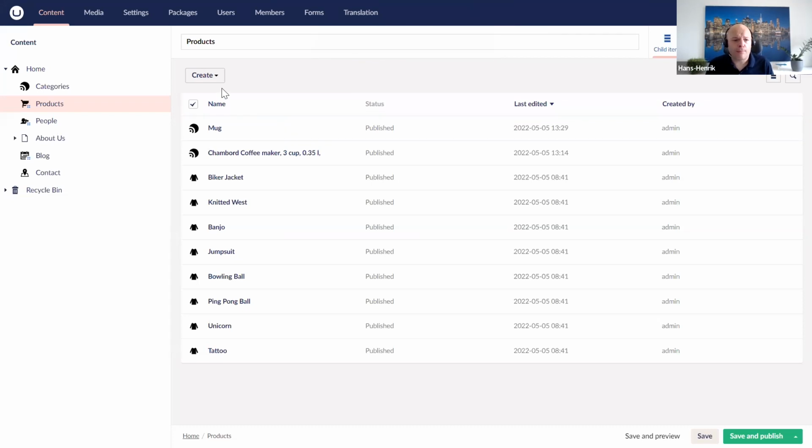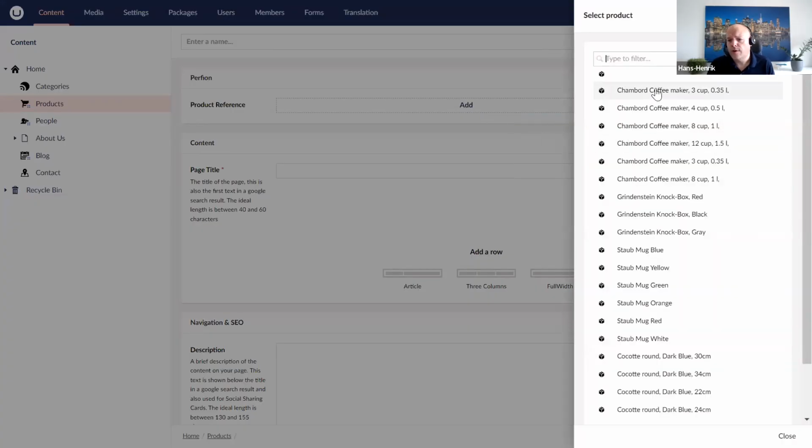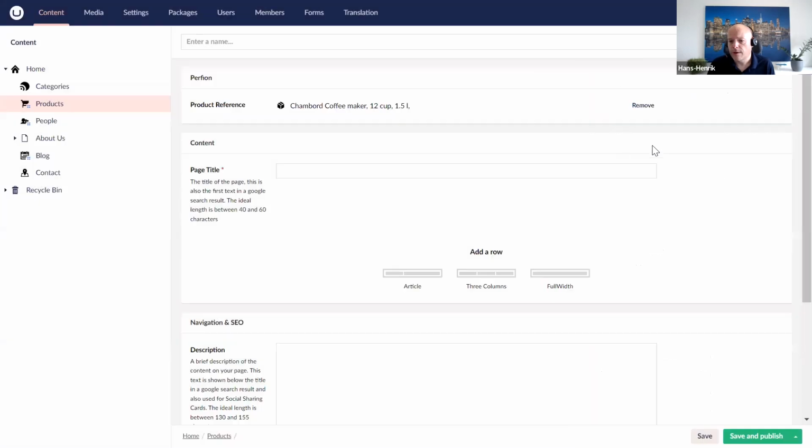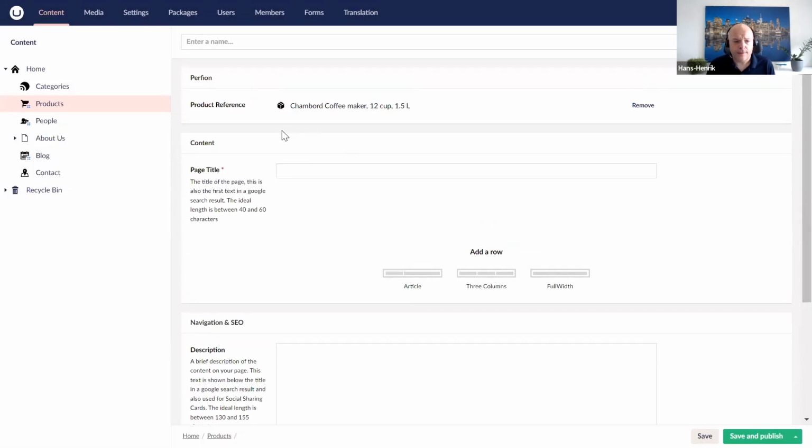So to select my product, I'll go in and add a new Perfume product, and then I simply put the reference to the product I want to use. So I select among the products that I have published to Umbrago, select my product, and then I can put in all the other details. The template that is used is applied to this product, and the product is published on the site.